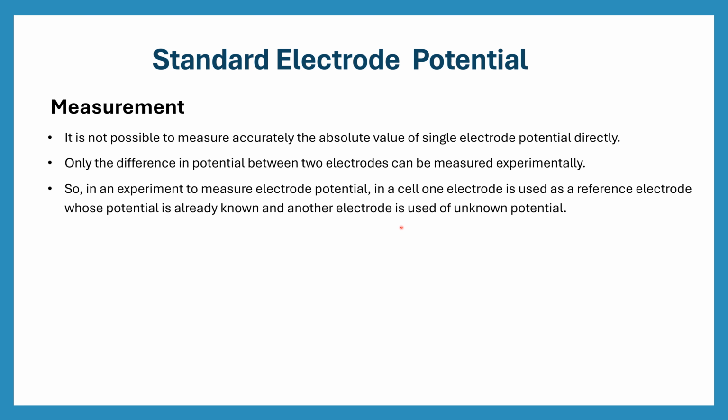To measure the potential of an unknown electrode, we set up an electrochemical cell with two electrodes. One electrode will be a reference electrode. This is a characterized electrode with a known value and a stable potential. Common examples include the standard hydrogen electrode or the saturated calomel electrode. The other electrode is the one whose potential we want to find. By comparing the unknown electrode against the reference, we can calculate the unknown electrode's potential.